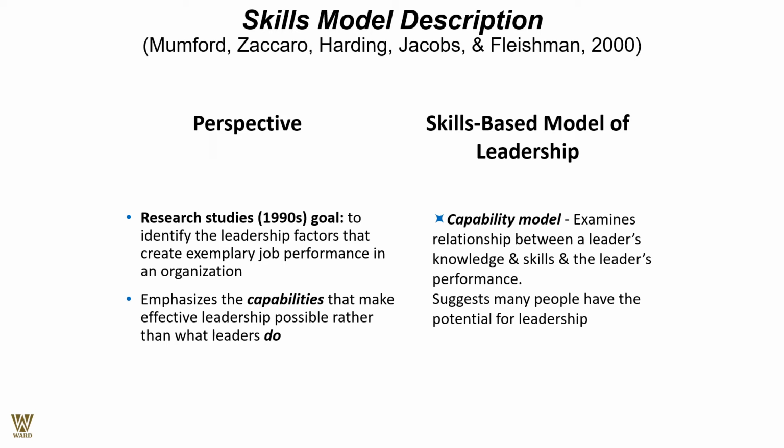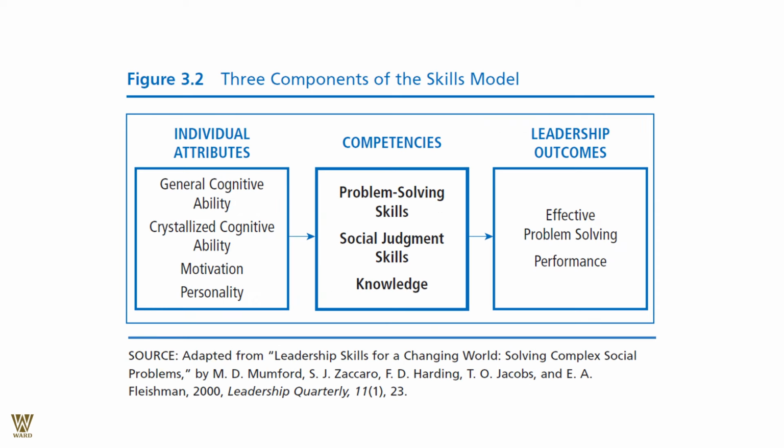It is about your abilities to form a bond with the leaders, to acquire knowledge, to excel in a skill, and probably deliver the leader's performances. It suggests many people have the potential for leadership. They have to be curated, groomed, and exposed slowly into real life scenarios, and they will blossom into wonderful leaders as the case might be. So that is what the skill model description is all about.